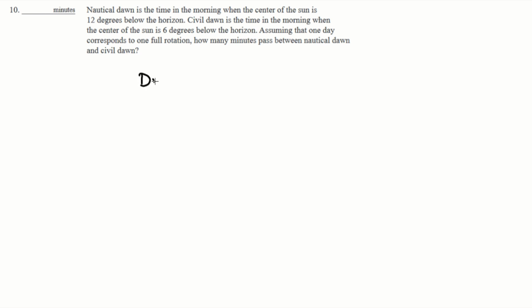So the difference is 6 degrees. And we're told that one day corresponds to one full rotation. So that means 24 hours corresponds to one full rotation, which is 360 degrees, because it's essentially like a circle rotating. 360 degrees. So this difference of 6 degrees